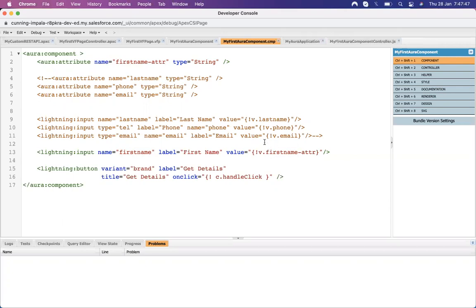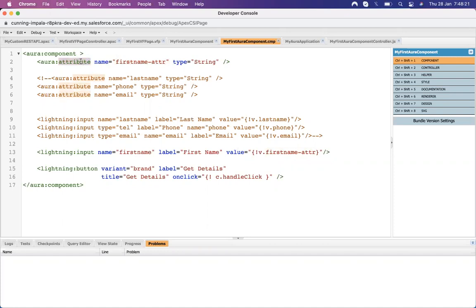Whatever values are present, I am capturing from the input box, whatever the user has inputted in that field. It just initializes that value to this variable, adds it to this attribute. Now this attribute holds the values entered in that input box.